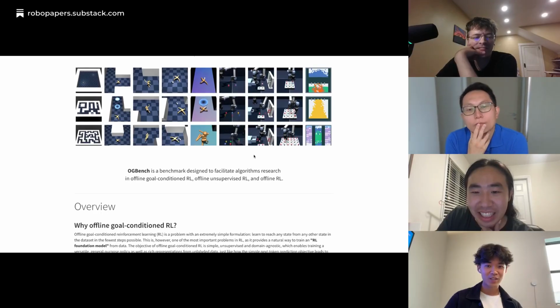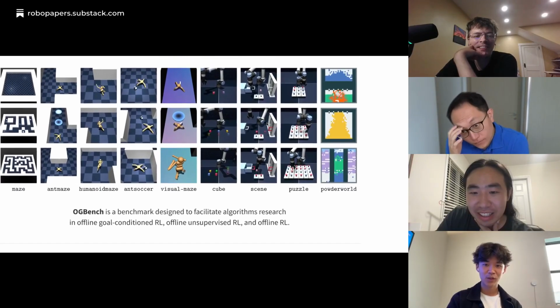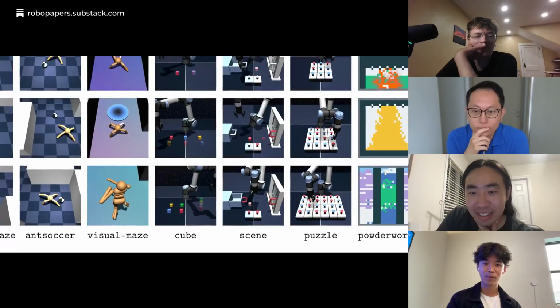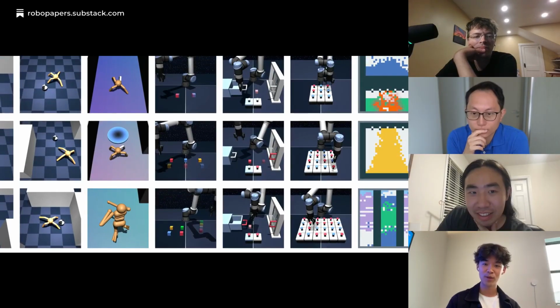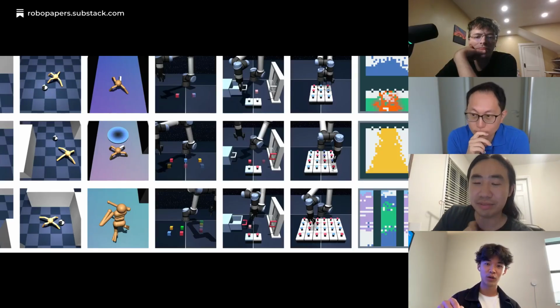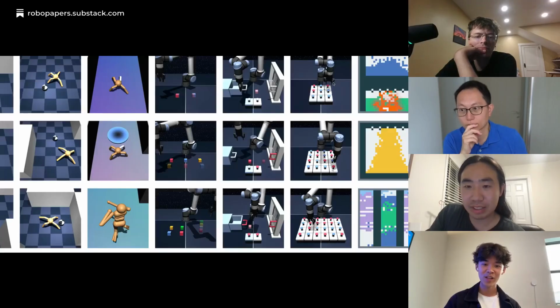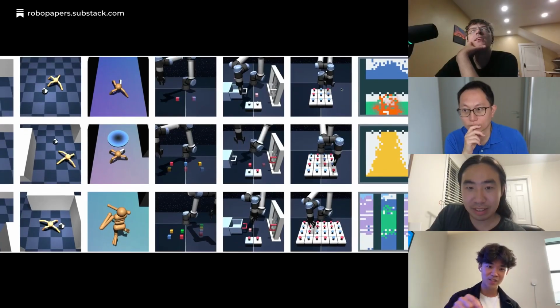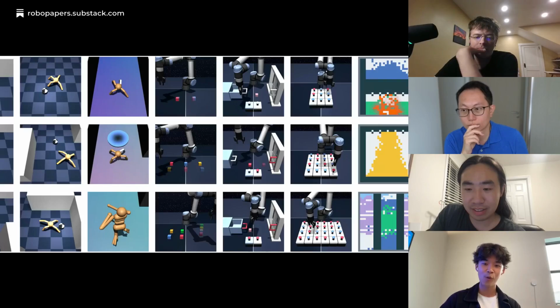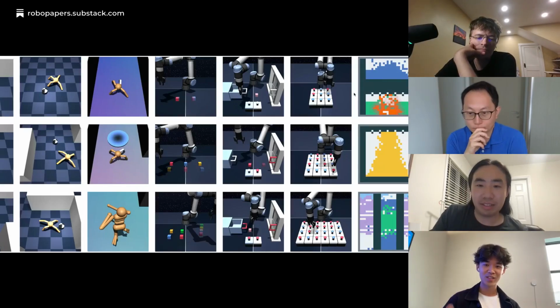If you look at one of these pictures after it loads, on the second column to the right, the puzzle scene, the top one is the 3x3 puzzle where you can hit each button, and each button will flip the colors of all the adjacent buttons to it. Basically your task is to press buttons such that the whole board becomes the same color. So that's the puzzle scene.